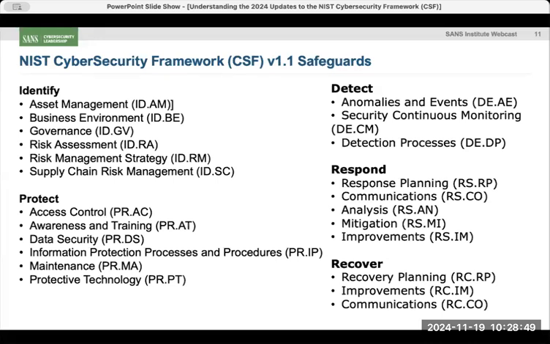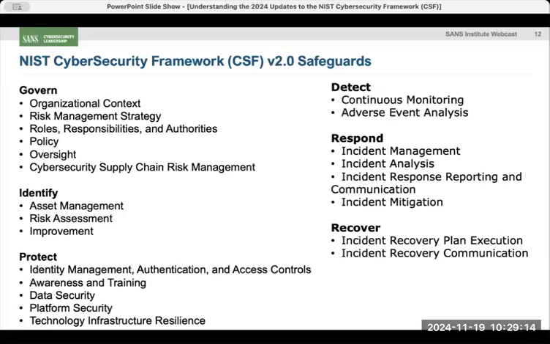Now, if we look at the safeguard functions and categories, these are the ones defined in version 1.1. I'm not going to read through all of this for you, but I wanted you to see this as a reference, so you can use it as a reference point going forward to refer back to if you want to look at these webcast slides later. And of course, we'll provide a PDF of this too, so you can all see this in that format as well.